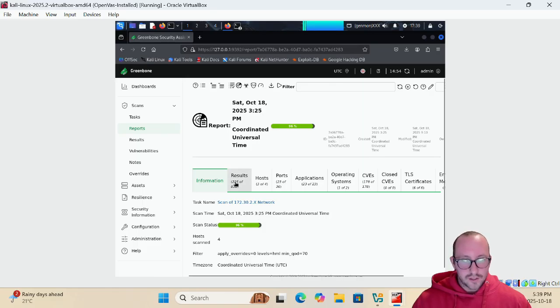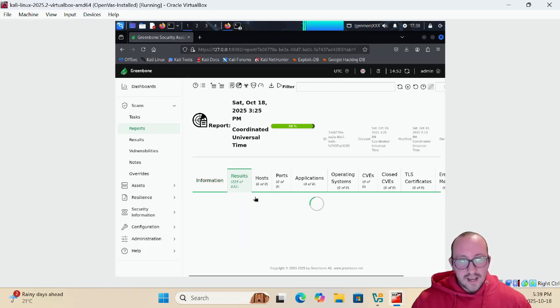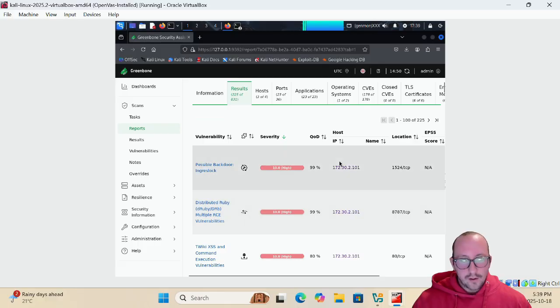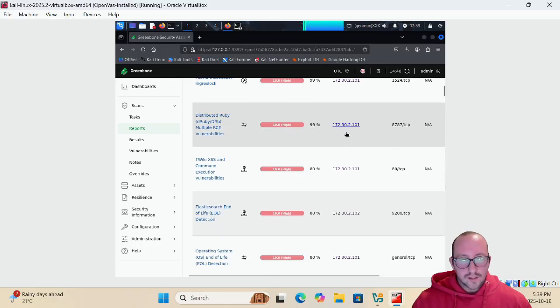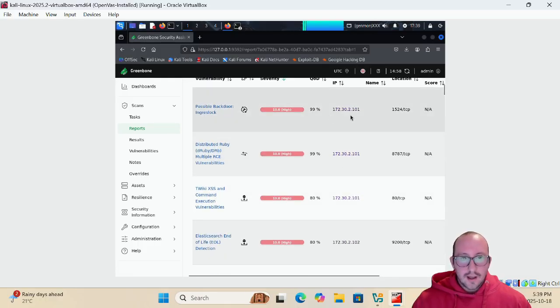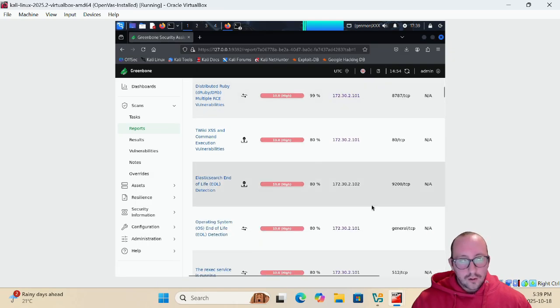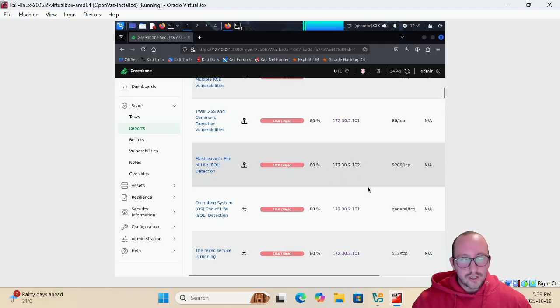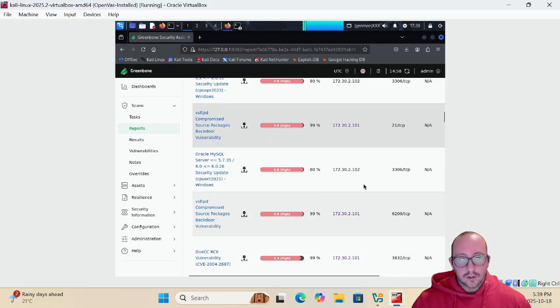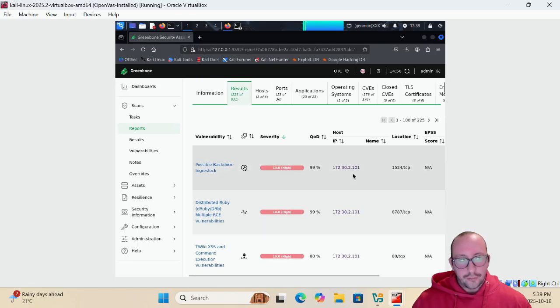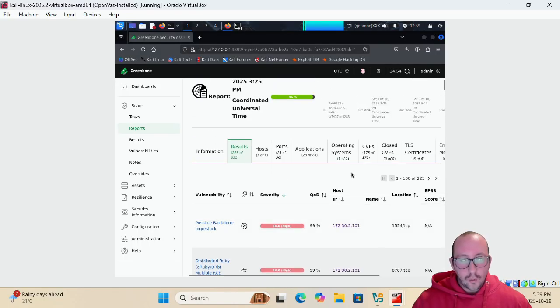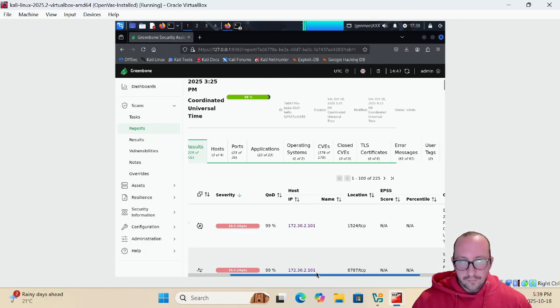And we can go ahead and click on that date here, and it's going to bring us to the results here. So here we can actually see all the results that we have with all the different hosts that will be mentioned here. So we can actually see the .101, which is our Metasploitable 2 machine, but we can also see the .102s, which is actually our Metasploitable 3 machine. And actually somewhere along here, they're both, I think, medium and low, but actually even the pfSense does have some vulnerabilities